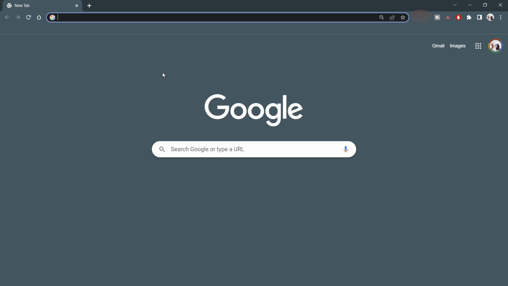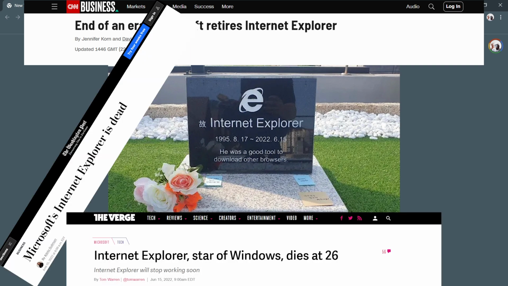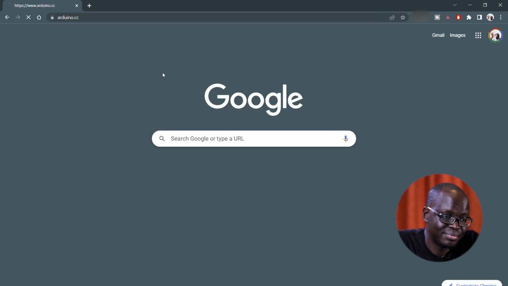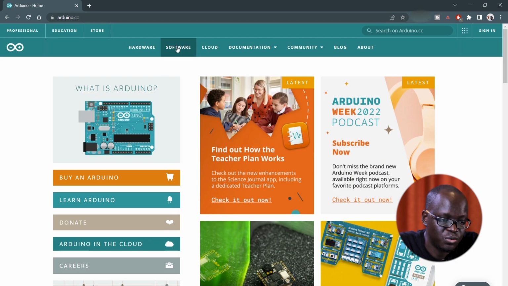All right, so for this next step, you need to go to your favorite browser. Rest in peace, Internet Explorer. Let's give a moment of silence. Go to arduino.cc. You go to software, so you can use this website to learn about the Arduino system. There's just so much material that you can use to learn, and you can also learn about the different types of Arduino boards. So you click on software,